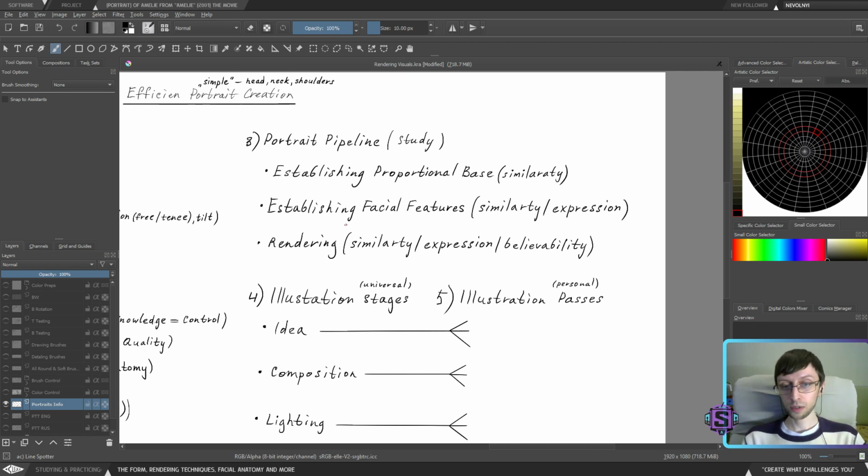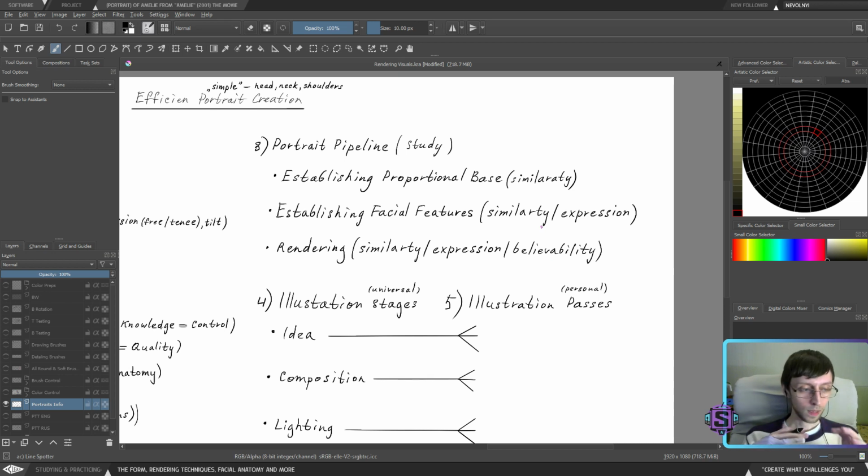Then we will work on establishing facial features, which will continue to work on similarity, but now we're going to try to add an expression to it, which is going to be fun, but a hard thing to do because again, I'm still not necessarily understanding the connection between the actual anatomy scheme and how to turn this anatomy scheme into the actual expression. I know how to control these things, how to make your face move. I know how the muscles are working on the face, but it's pretty hard to make them compelling when it comes down to working with an actual person.